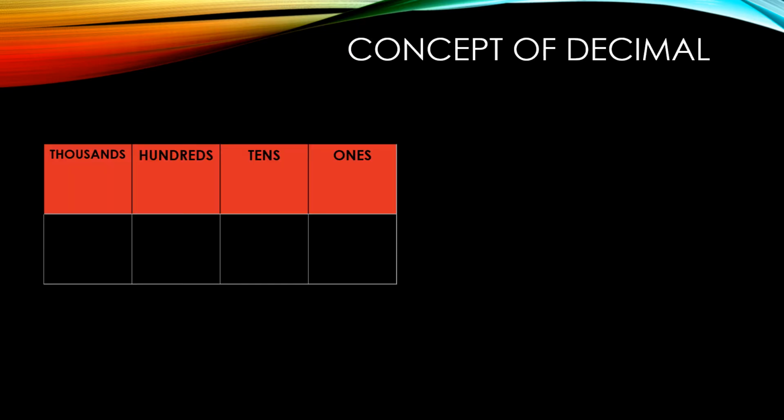Let's start with introduction, tenths, hundredths and thousandths. Everyone knows the Indian place value system. Let's recall. Arrange 7 in the place value chart. It is a one digit number, so it comes in the ones place. If we multiply 7 by 10, we get 70. So what do we observe? When we multiply 7 by 10, 7 jumps one column to the left, to the tens place in the place value chart.